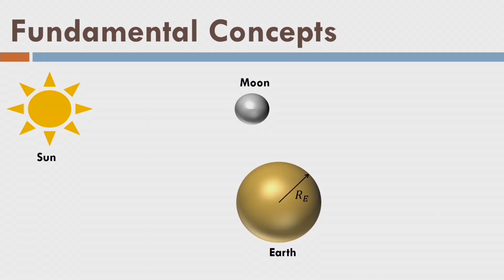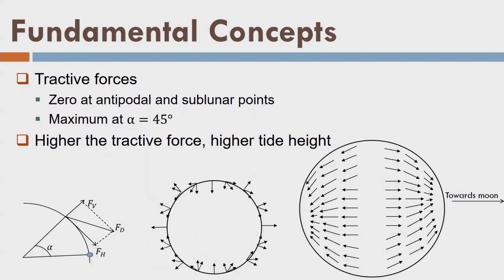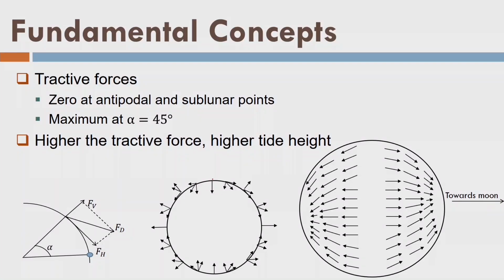We have said that there is a tractive force working on the surface of the earth. What is this tractive force? The vertical force which is working perpendicular to the surface of earth at that point is not going to cause any tide. It can change something, but it is not going to cause any tide. Now, if you look at the forces which are horizontal or which are tangential to the surface of the earth on water, they will bring the water like this, because this is the force. Suppose this is the moon here in this direction. What will happen? This is the horizontal force here. This is the horizontal force here. This is horizontal force here and horizontal force here.